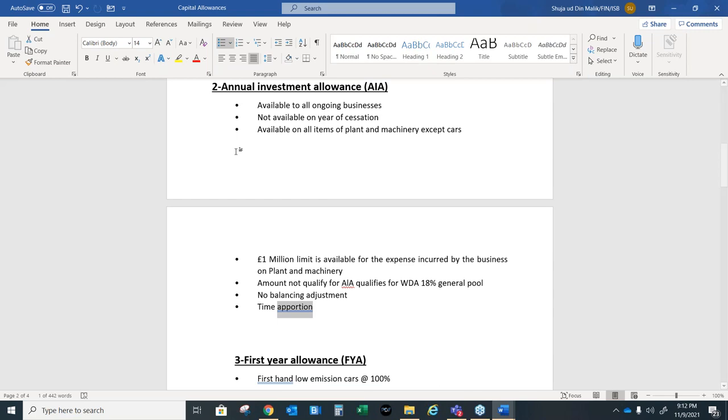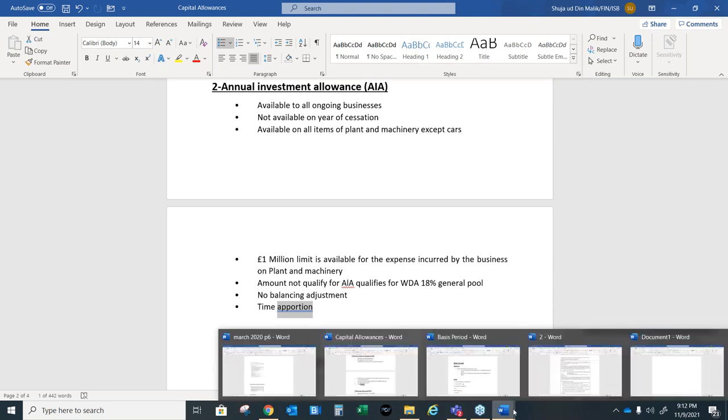The businesses try to attract this 1 million expense by showing that the businesses are different but operating from the same premises or doing the same activity. They are treated as related, and only one AIA is available for that. I hope it is clear for you. Okay, moving on to